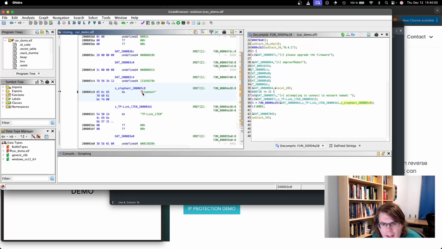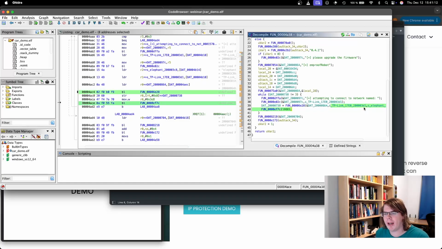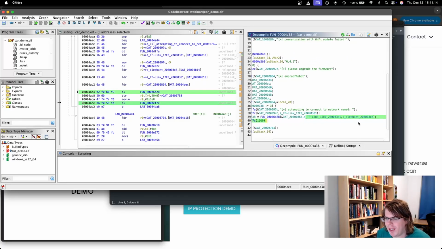And this then is most likely the password. So, by looking at some context, like the Wi-Fi and how the strings are used, we can make more educated guesses that, hey, if we try to authenticate at a Wi-Fi and we provide the network name, we might also provide a password. And then we see something like "elephant", which is most likely the password of the Wi-Fi. And by looking at that now,